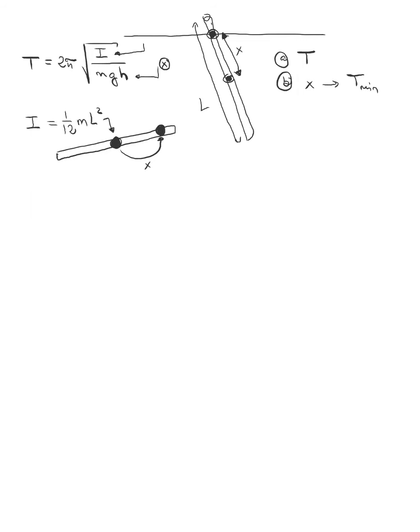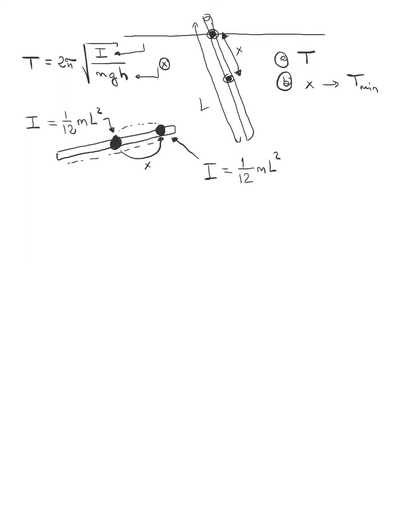So to find this new moment of inertia, I have to use the parallel axis theorem. First of all, if the pivot point is over here, then more of this rod's mass is away from the pivot point, which means that I expect my moment of inertia to be larger. Anyway, let's get back to the parallel axis theorem. It tells me that if I know the moment of inertia around the middle, which is 1/12 of ml squared, then I can find the moment of inertia around other points